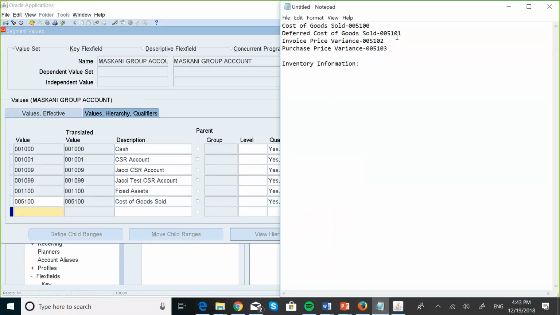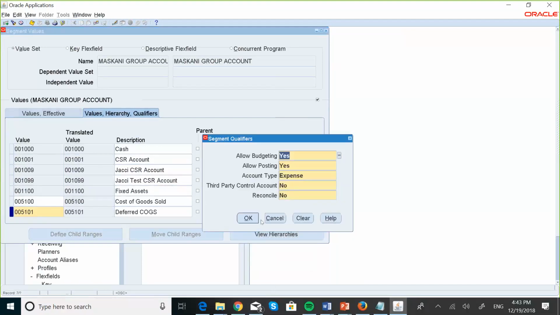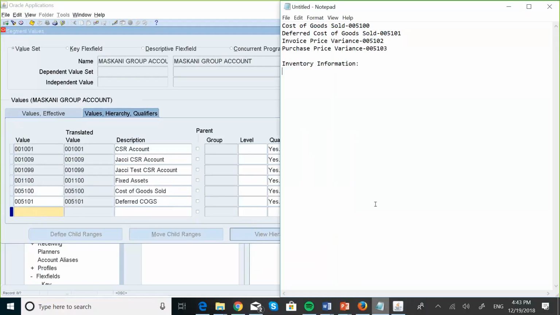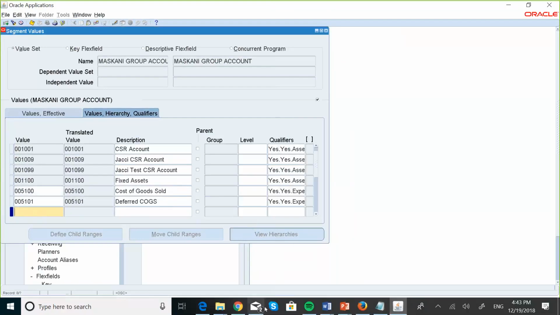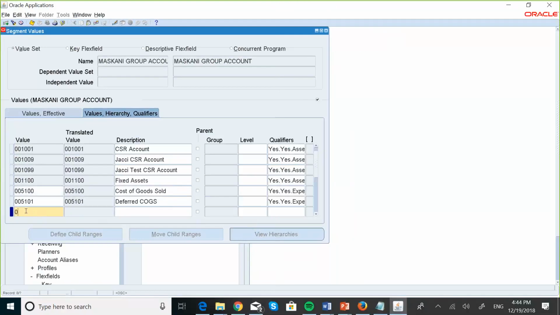So 5101 is our deferred cost of goods sold. 05101 is our deferred COGS, and this is also an expense account. The next one is invoice price variance, and it is 5102. So they're just in order. 5102